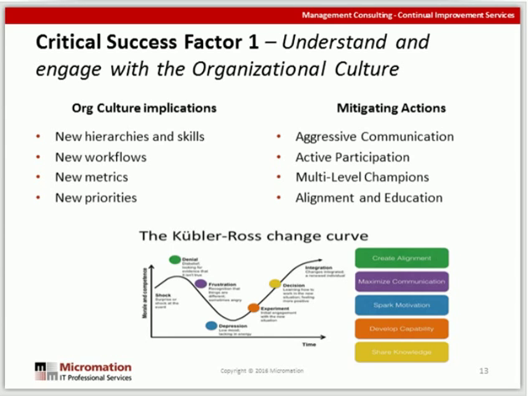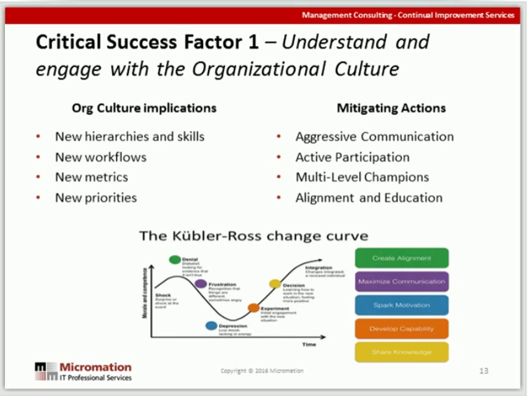And part of the reason is that the people who will be involved in making this work and making it happen, there are a lot of things that will change for them. There are new hierarchies, new skills, new workflows, new metrics, new priorities. And all of those things mean they have to unlearn some stuff and relearn some new stuff, form new relationships, and so on. And that's best depicted at the bottom with the Kübler-Ross change curve,